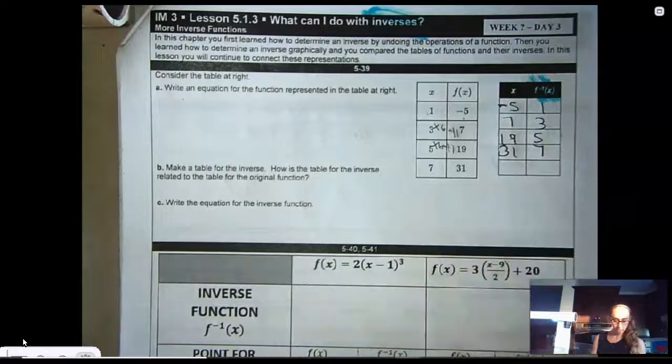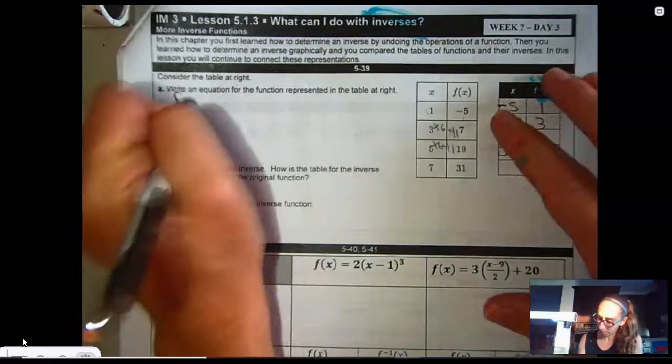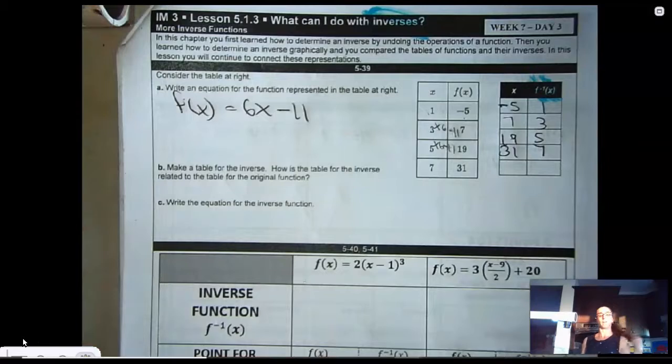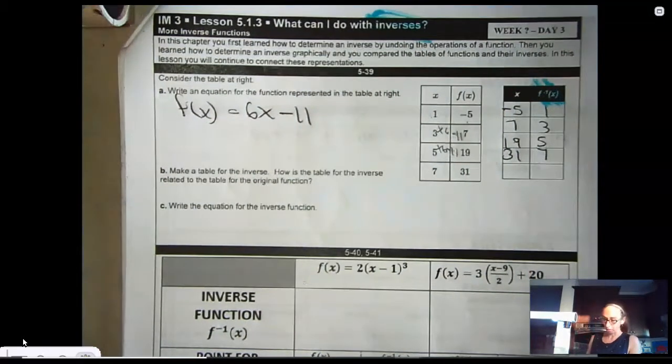Oh my gosh, I finally got it. So that means f of x equals 6x minus 11. A lot of guess and check, okay? There's probably a way fancier way to do it, but that's what works for me. So,